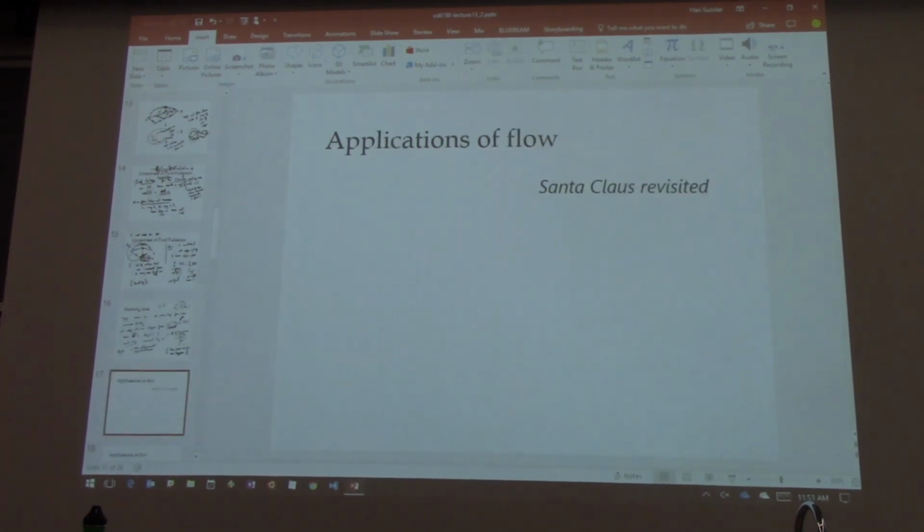Alright, but what I want to do is a couple of applications of flows before next class. One is the Santa Claus issue that we've seen in homework and also in class before. We saw this in the context of local search. So do you guys remember this problem? You have children and gifts, and it should be fresh for you given that you submitted homework on Friday. Okay, so you have children and gifts.